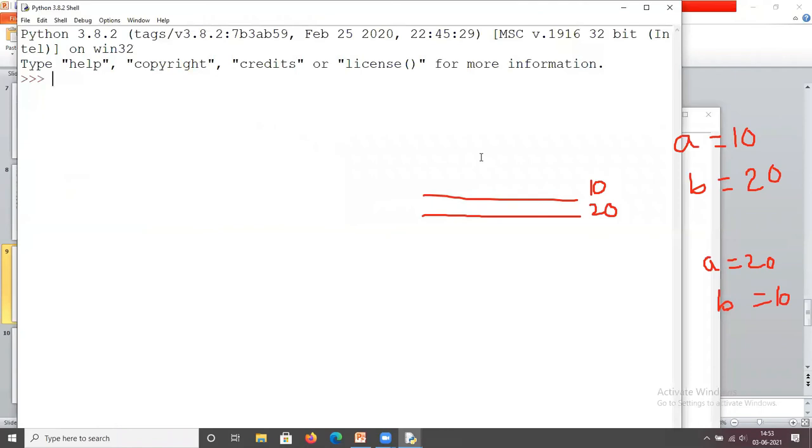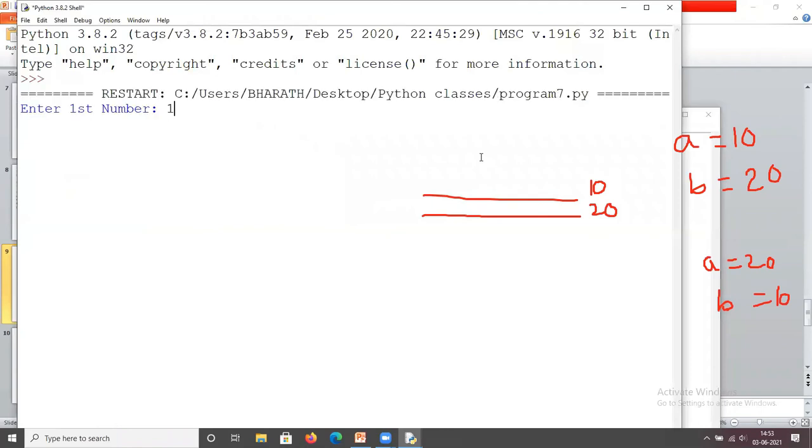Enter first number 10, enter second number 20. Okay, so 10, 20, 20, 10. But I want to represent the data like this. So A equals, B equals.